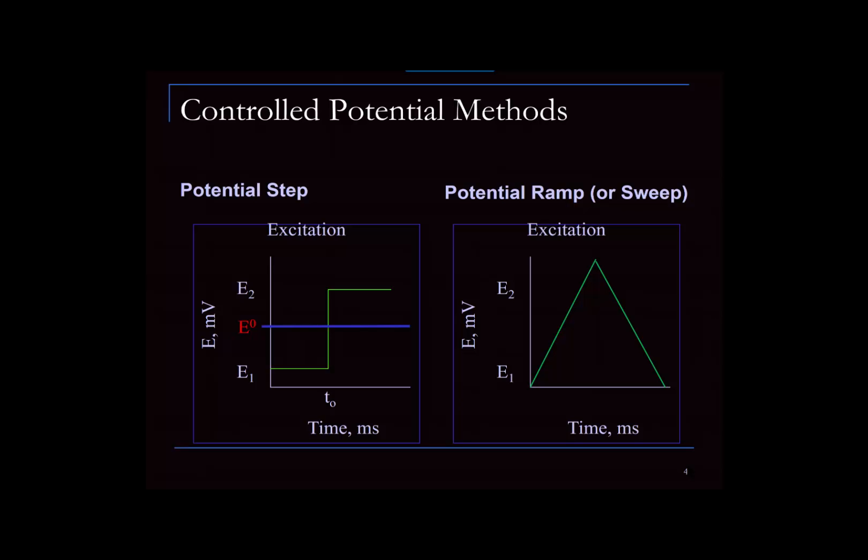If you'll recall, the current had a t to the minus 1/2 dependence, and it's very unfortunate, but what's most important is the current at the point at which you change the potential instantaneously, and we discussed how it really isn't possible to do that